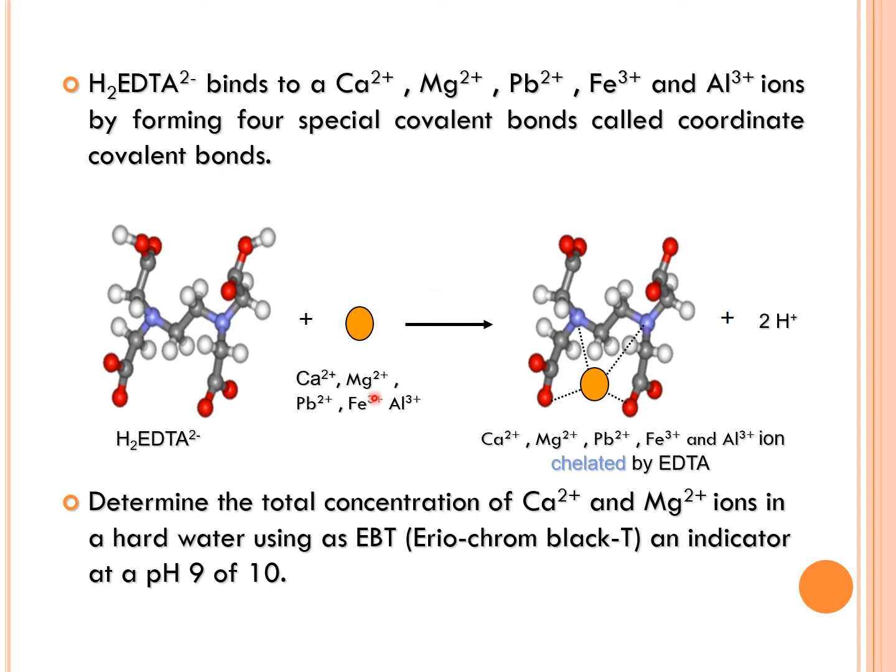Here you can see these are the metal ions, and this is EDTA when we use the disodium salt. So it will make a -2 ion, one from here and another from here. The metal ion will form 4 bonds. One is from the COO- part, another is from this, and one lone pair is from the amine in EDTA, and this is the other lone pair of the amine. So this is the tetrahedral shape of the complex.